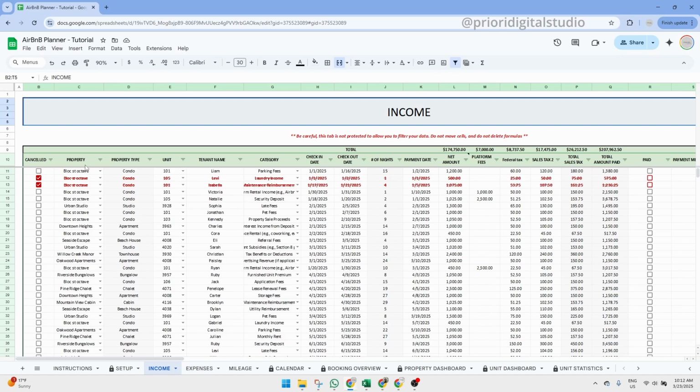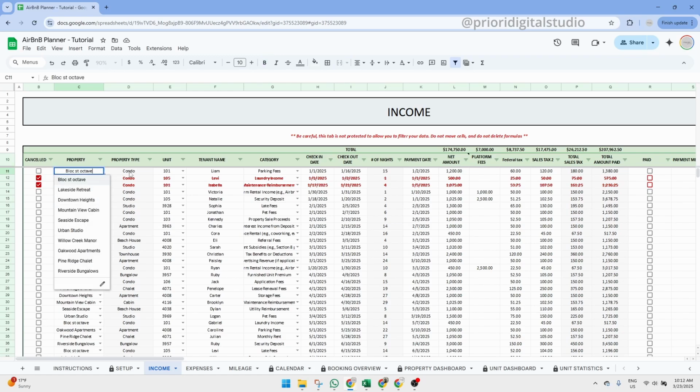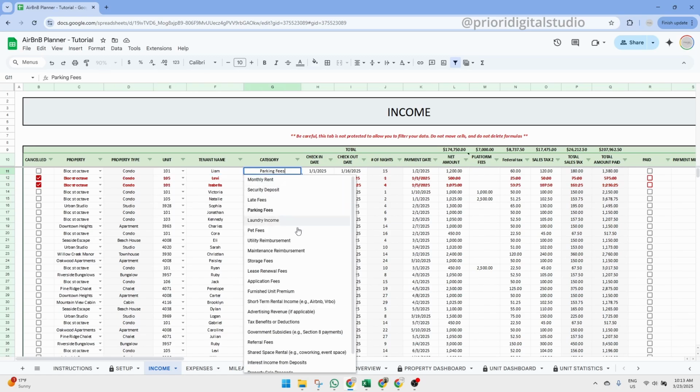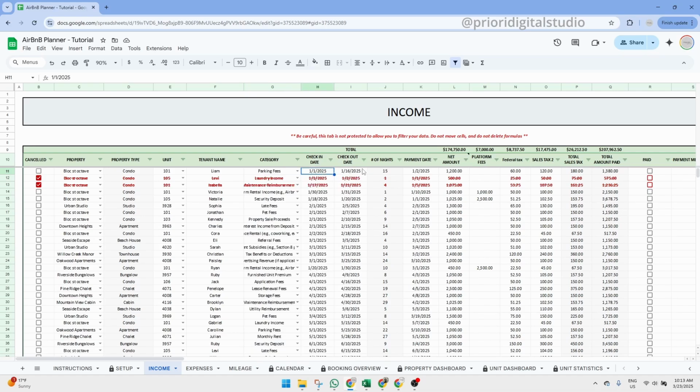So the first thing that you'll want to do is use the drop-down menu to select your property. The type is totally automated. Then select the unit and enter the tenant name manually. Choose the income category and enter the check-in and check-out date of the tenant. The number of nights is automated. Then enter the payment dates as well as the net amount